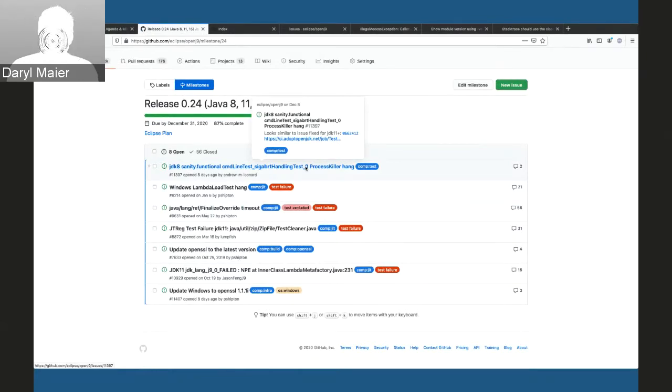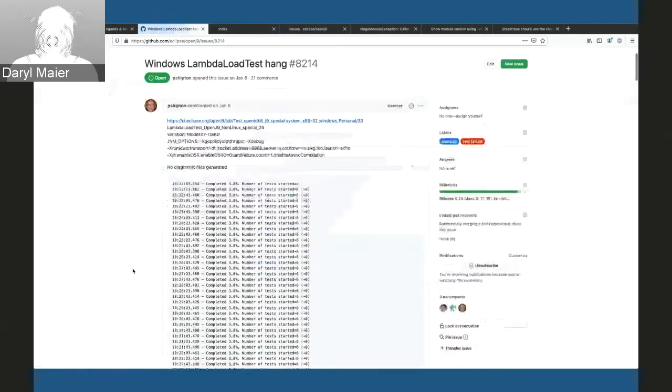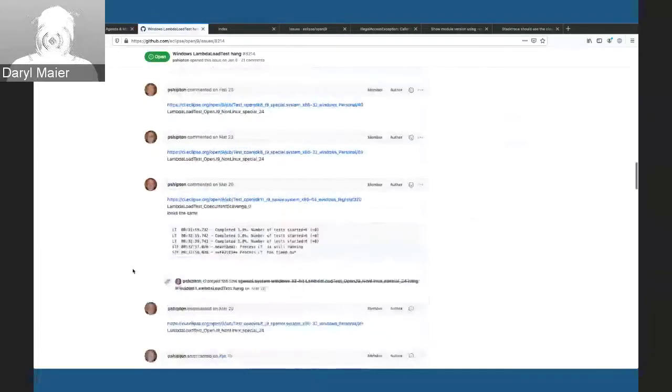From a JIT perspective, I think most of those will be moved forward. The one that we are still diagnosing is the one that was opened recently, that 8214, or at least it arrived in our lab recently. So I don't know about that one yet, but the rest are likely to move forward.